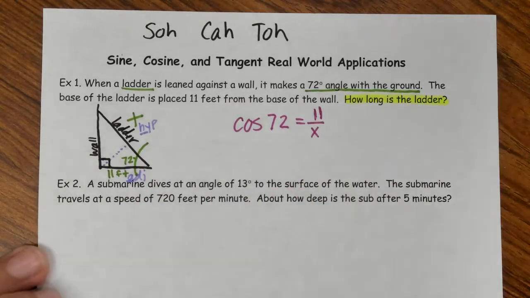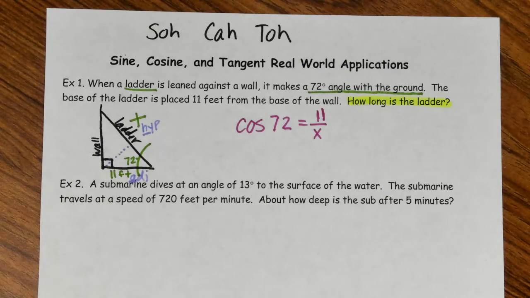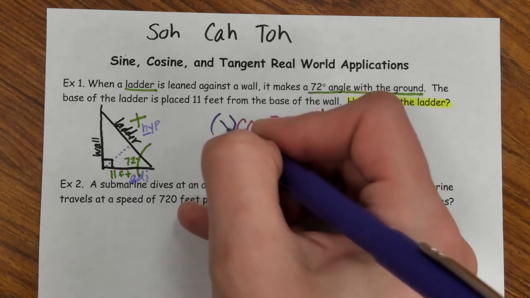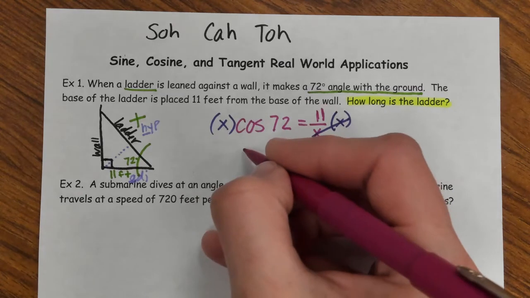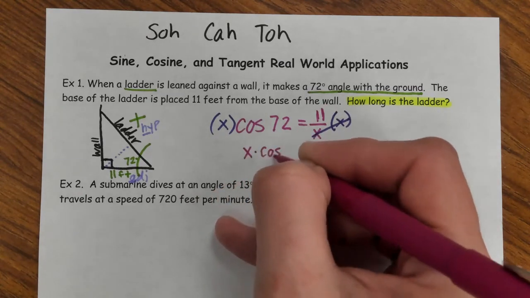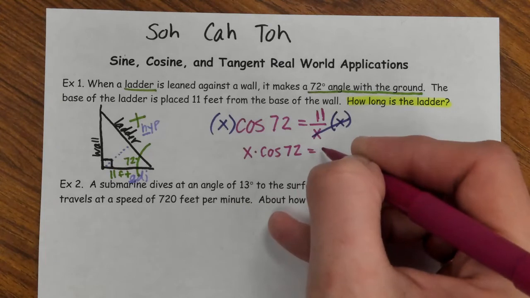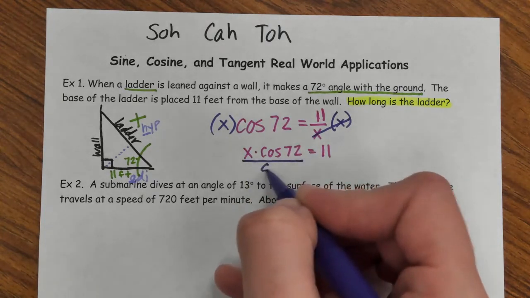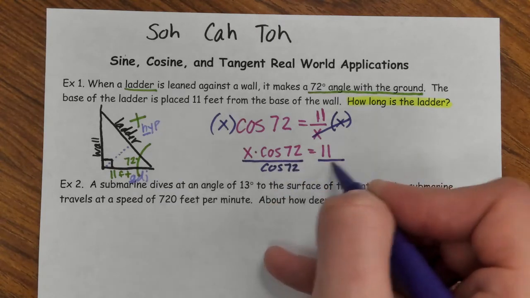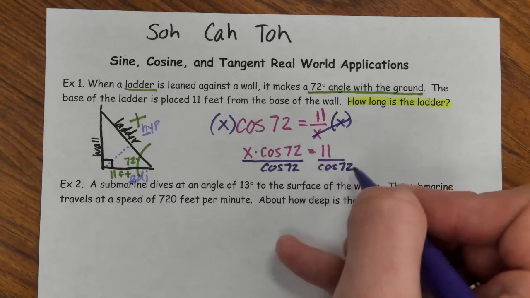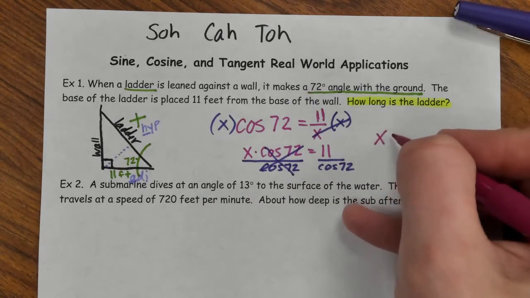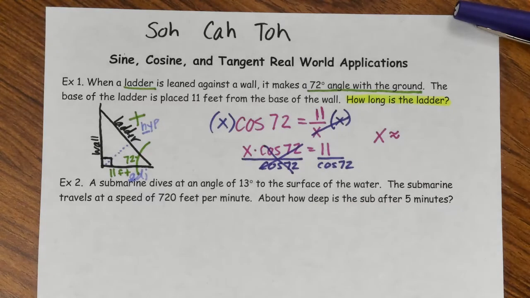Now I know in my classes I talked about the switch and divide. You may do that process if you would like to, but I am going to do the multiplying by x on both sides to cancel this. And so then we're left with x times the cosine of 72 is equal to 11. To get rid of this, we divide both sides by the cosine of 72. So then, whenever we plug this into our calculator, x should come out to approximately,